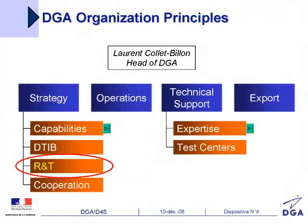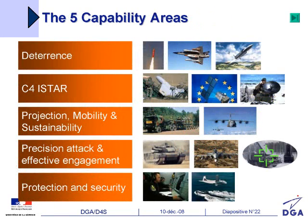Next slide, please. This slide illustrates DGA organization. I will not comment on it in detail, but I just want to put emphasis on two points linked with research and technology questions. The first one, could you press the green button, please? Yes. We have developed a capability approach that has led to the identification of five so-called force systems, which are